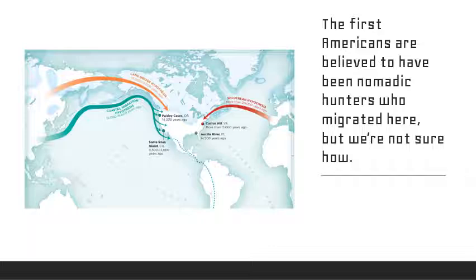So the first Americans are believed to have been nomadic hunters who migrated here, most likely following food sources, animals, or looking for plants. Now, during the Ice Age, the polar ice caps froze, and it meant that water levels everywhere dropped. And so you're going to have lots of islands popping up. A lot of places that are underwater now are going to be above the water during this time period. And that's really important to the land bridge hypothesis, one that probably has the most weight and the most evidence to support it being true.